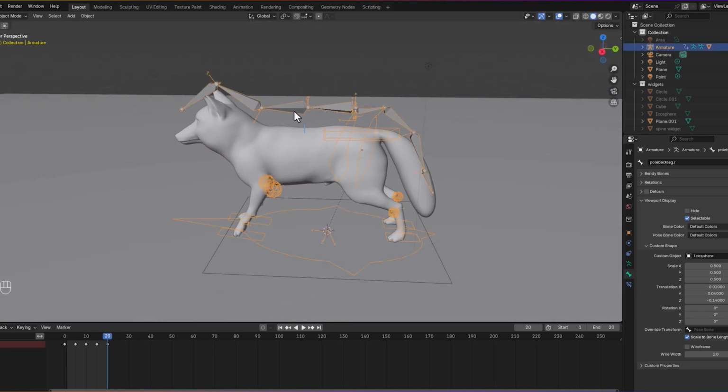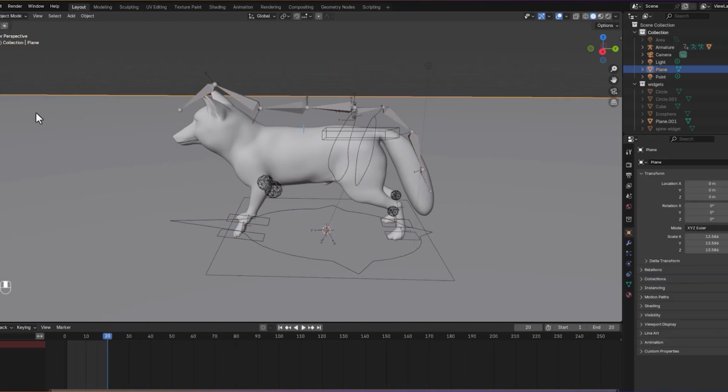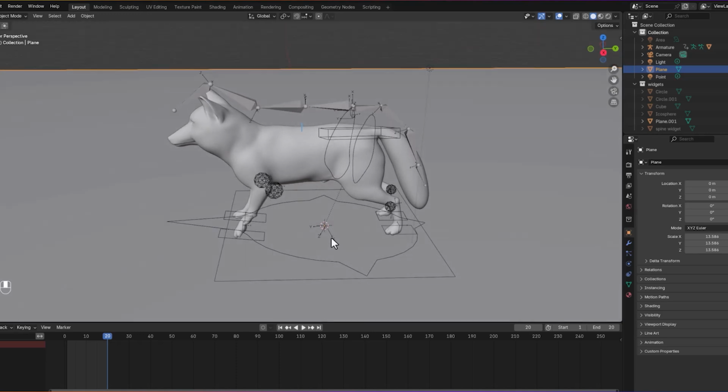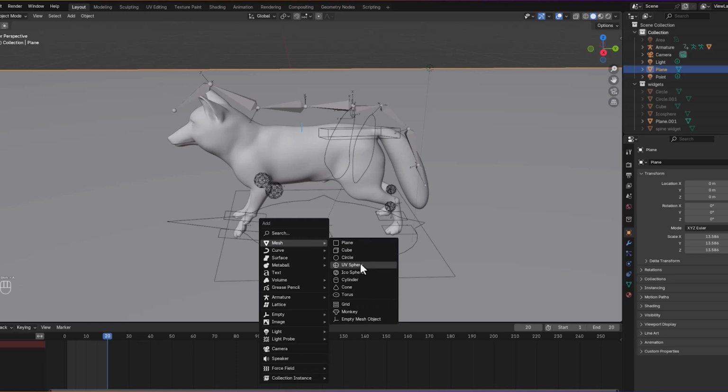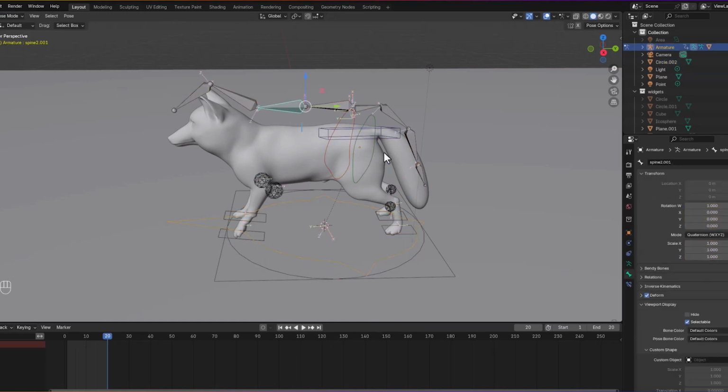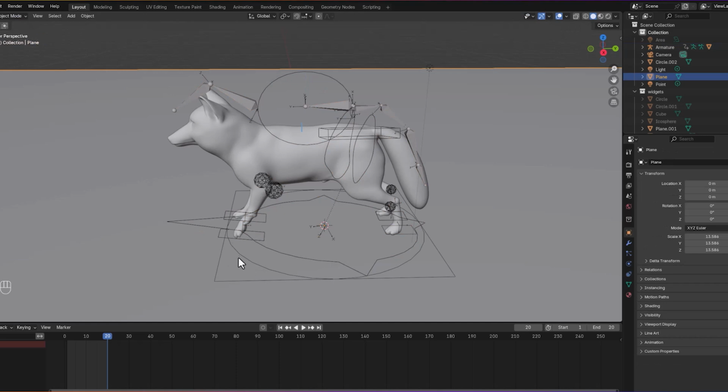We can keep doing it manually. Okay, let's go back again. For this I will use a circle also. So I'll press Shift A and add a circle, and I go to the pose mode and I select this bone here. Custom shape, I will use this circle. I can go back to the edit mode, to the object mode, and I select the circle,